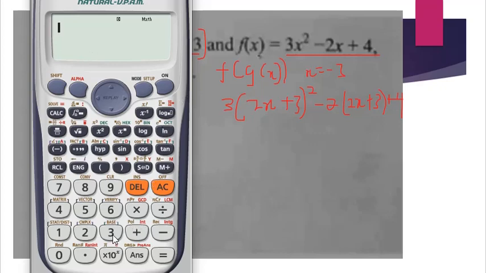So we have 3 open bracket 2x plus 3 close bracket, and then exponent 2, minus 2, and then you open bracket 2x plus 3, and then you close the bracket, and then you have plus 4. So we've been able to punch the whole of this on our calculator. Now let's find f of g of x at